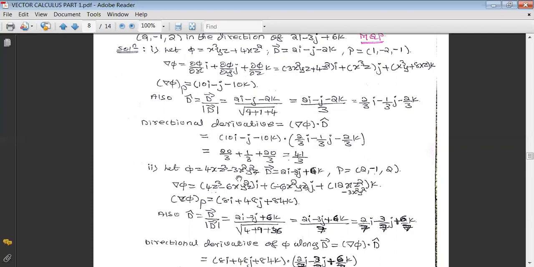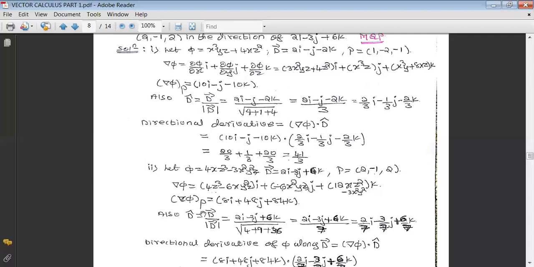Also differentiate this one with respect to y. That is minus 6x square yz into j. With respect to z, that is 12xz square. And if you differentiate this one with respect to z, minus 3x square y square, it has to be multiplied by k. Once you substitute in this one, x equals 2, y equals minus 1, z equals 2,